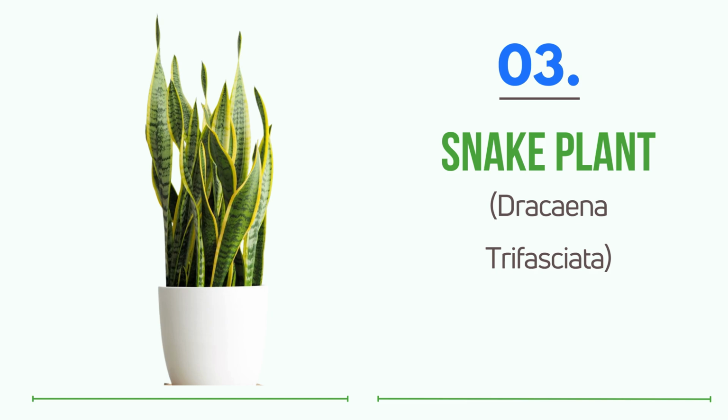You can find one for under $15, and it'll probably outlive half the things in your apartment. Known for its tall, sword-like leaves with yellow or silvery edges, it's the kind of plant that looks sleek in any room, modern, minimal, or even boho. It's insanely easy to care for, it thrives on neglect, surviving weeks without water and tolerating everything from bright sunlight